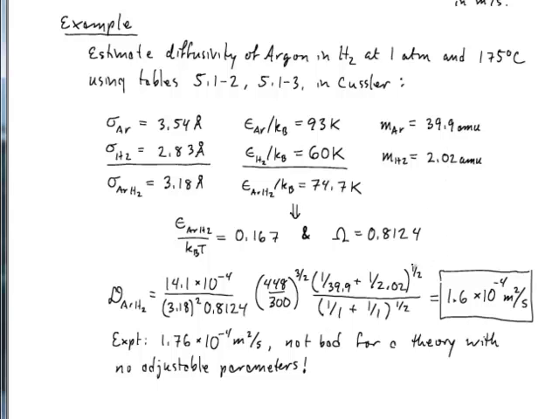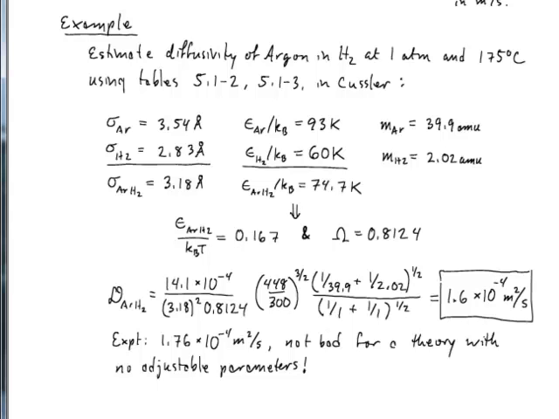Those masses will go in here, into this thing, right? And we have to scale that effective mass by 1 over 1 plus 1 over 1. Remember that the mass of A and the mass of B were the values that I used in computing this reference diffusion constant. So from the epsilon value and from the temperature now, we can get epsilon for the pair, argon and H2, over kT is 0.167.